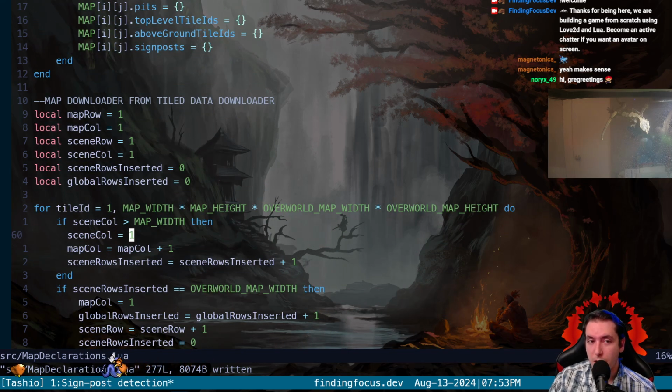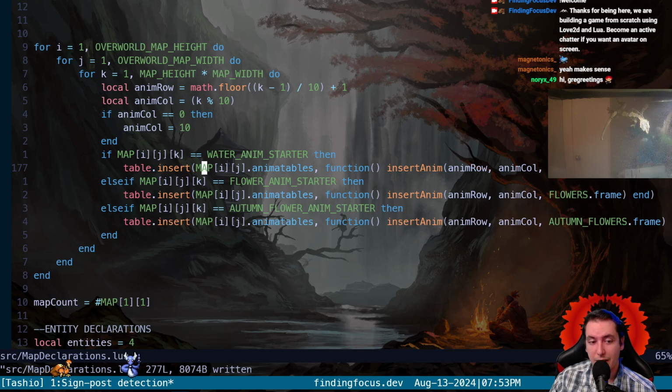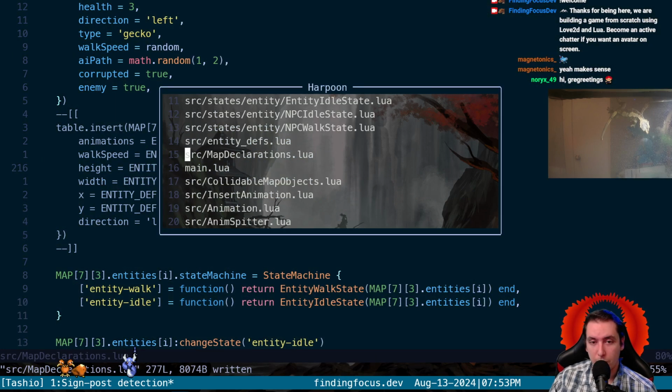So I guess we would have to give us an actual signpost, and we don't have that as far as the game's concerned until we go here into